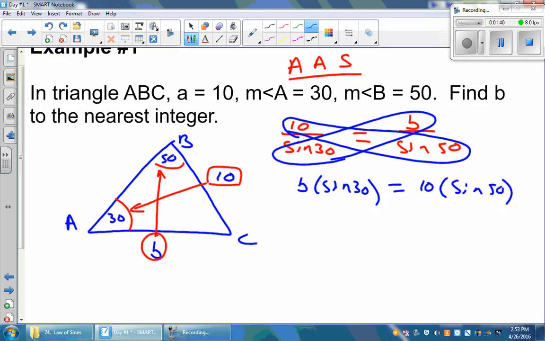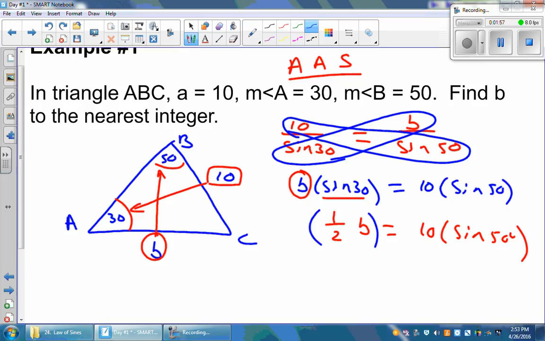Our goal here is just to get little b all by itself. Now keep in mind that the sine of 30 is the same thing as 1/2. So this says 1/2 times little b is equal to 10 times the sine of 50 degrees. To get little b all by itself, I'm going to multiply both sides by 2. When I do that, I'll take my calculator and enter it in exactly as I see it, 2 times 10 times the sine of 50. That's going to give me an answer of